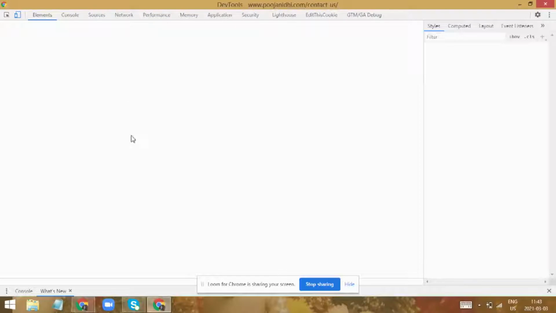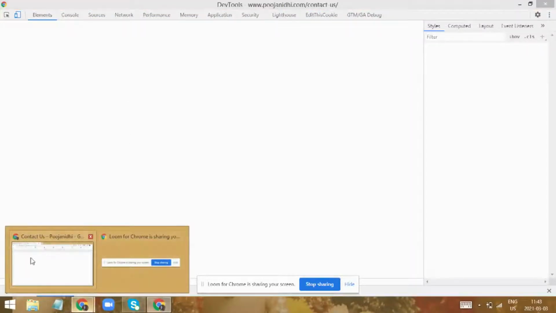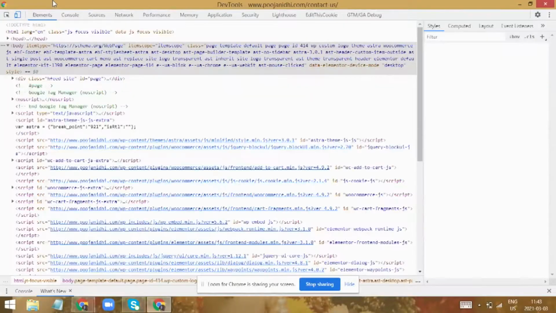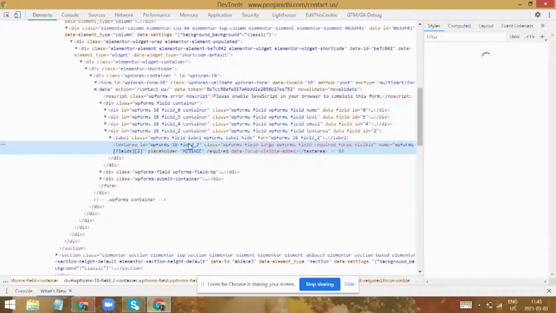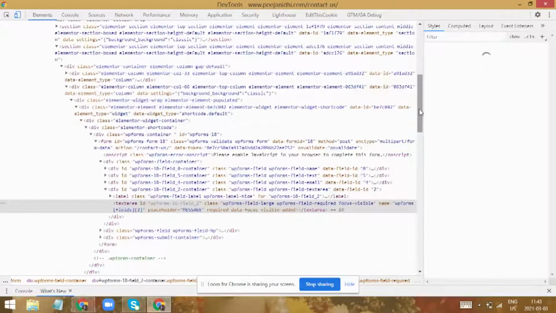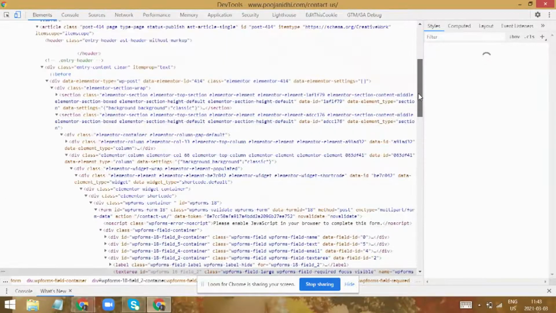I think it takes some time to load, so let me get into the code in the meanwhile. Here, if you could see, this is the ID of that particular text area block. Let me go up and do the DOM scraping. As you are aware, I have done some other videos, and you can also check our YouTube channel for videos regarding DOM scraping so that it could be more clear.